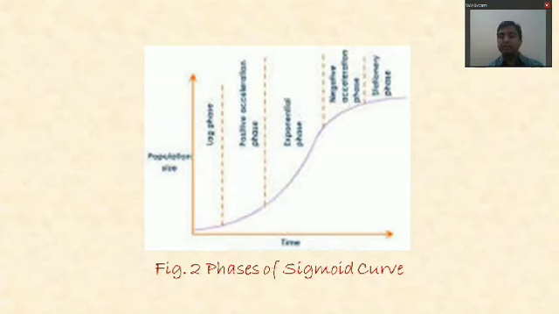And the last dotted line defines the equilibrium level. When the growth of that species reaches that point, the animal maintains its population size up to that level, because the habitat has a carrying capacity. Beyond that level, the habitat cannot accept the population size. So that covers the five phases of the sigmoid curve.